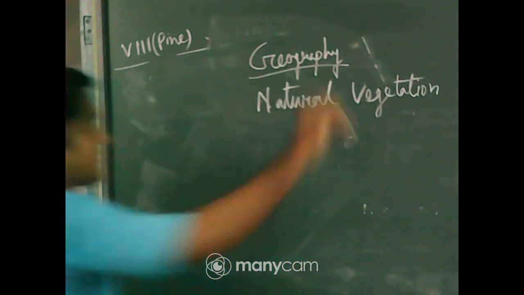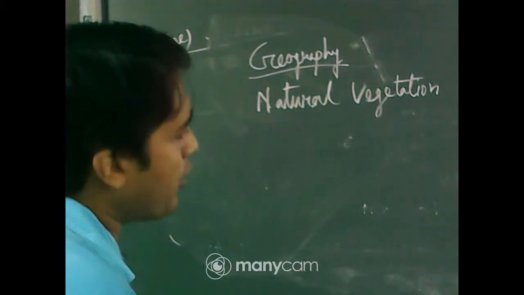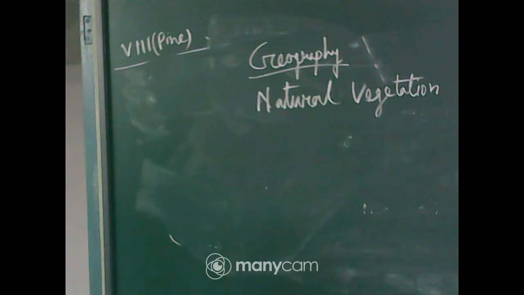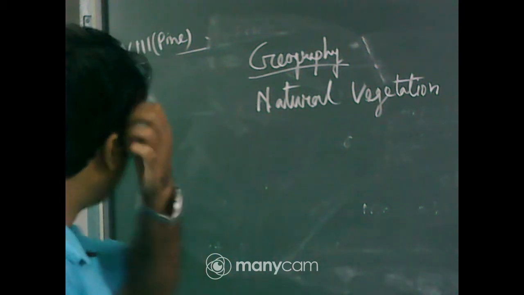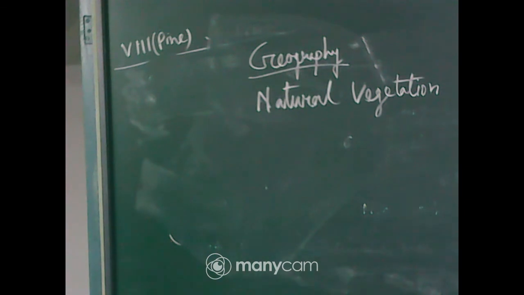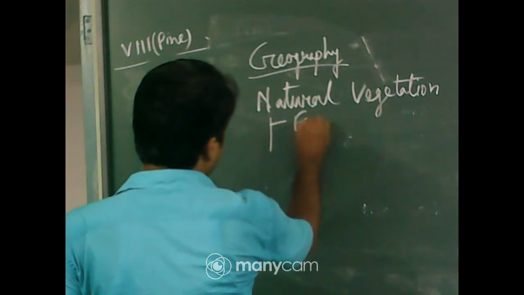What is natural vegetation? The vegetation which grows naturally without interference of human beings for a long period of time, this is known as natural vegetation. Natural vegetation is classified into three parts, you know that: forest,